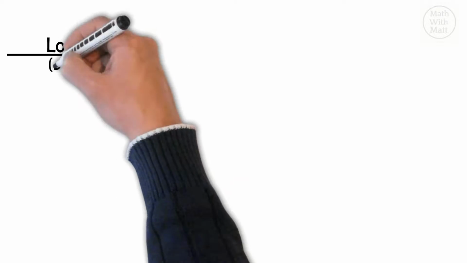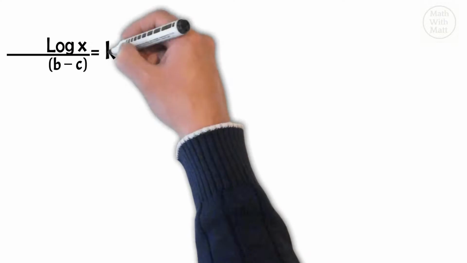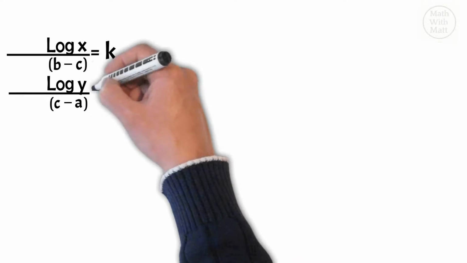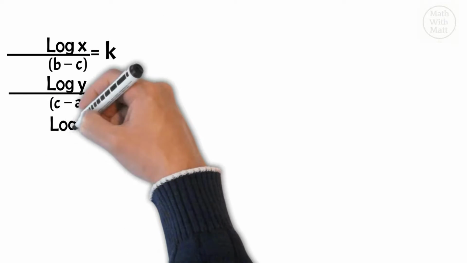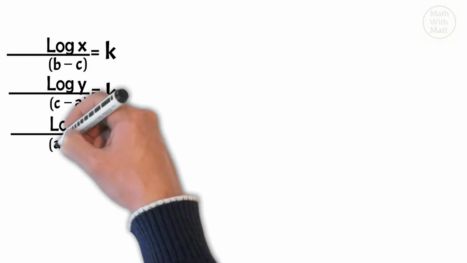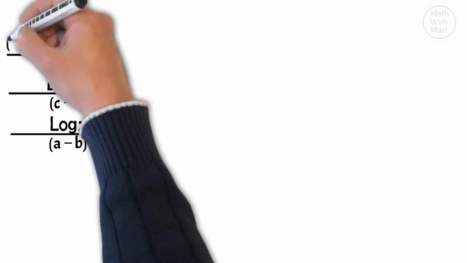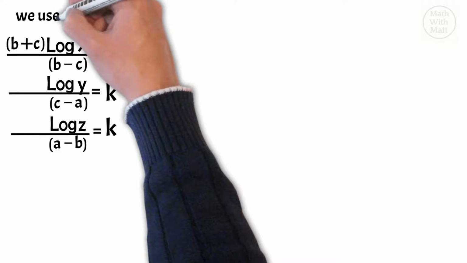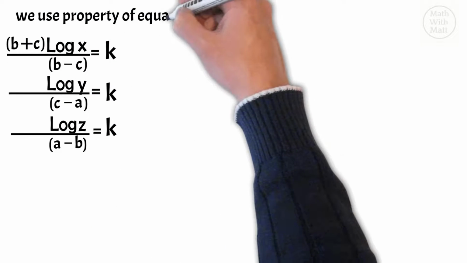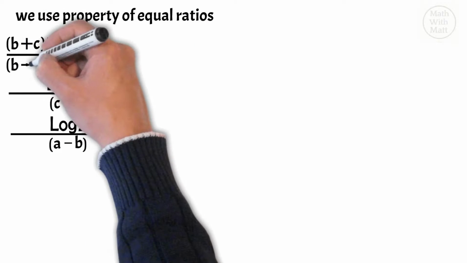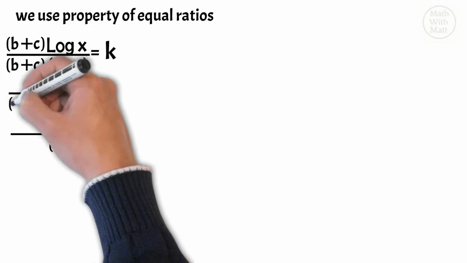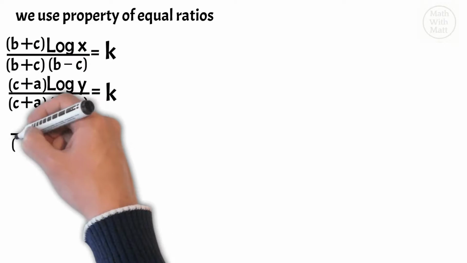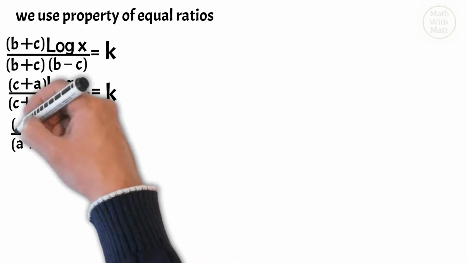Now in the previous problem, the answer came to us mechanically. We just kept solving, and it kept working, but in this one, we need to make a tweak of our own. To make it work, we need b plus c, c plus a, and a plus b. For that, we need to multiply (b plus c) to log x, and since we respect the property of equal ratios, we also need to multiply (b plus c) to the denominator. Similarly, we will multiply (c plus a) to log y and (a plus b) to log z,